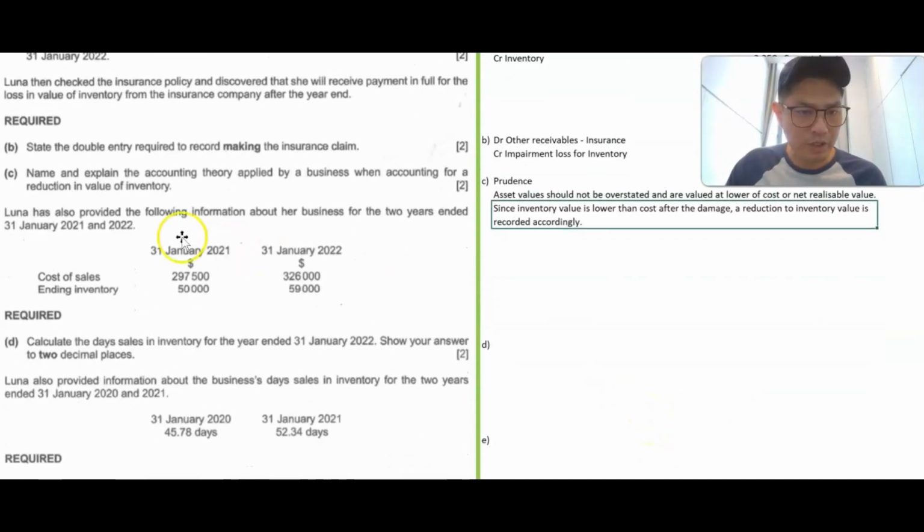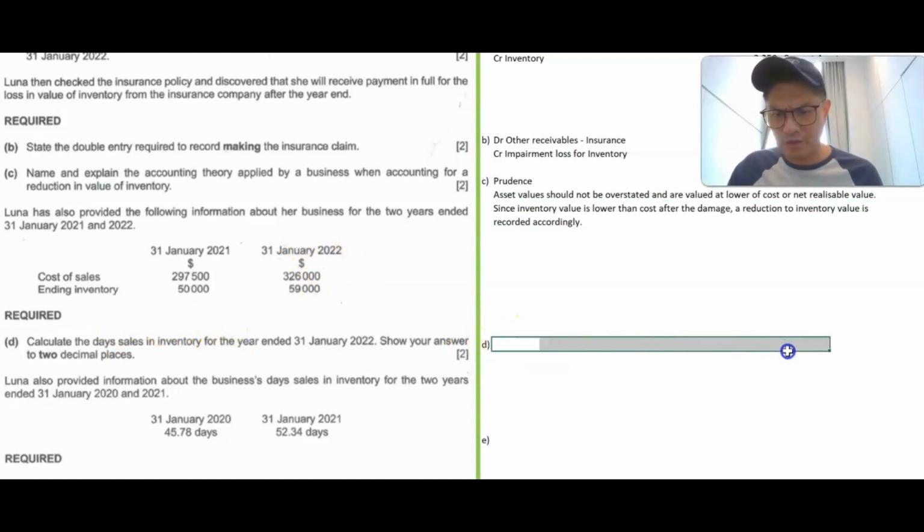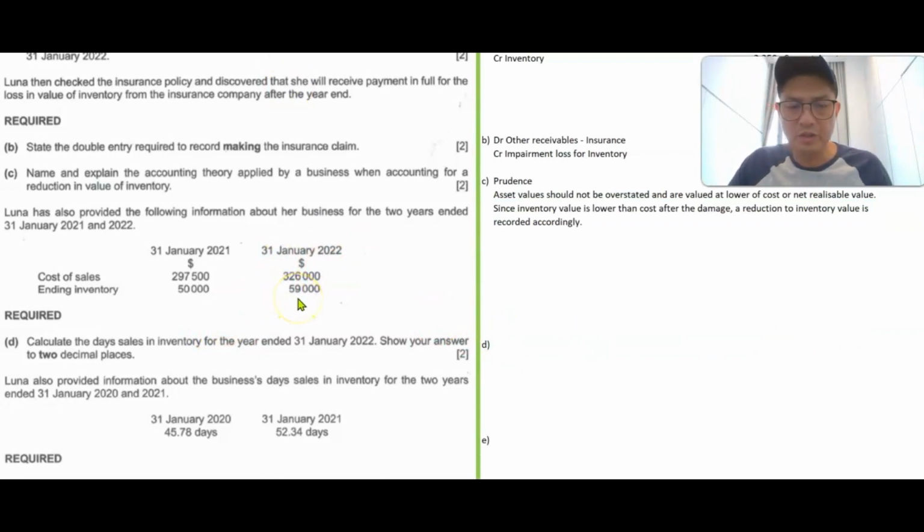Now, the next part of the question tells you some information about cost of sales and ending inventory, and tells you to calculate the days sales in inventory for the year ended 31st January. So what is days sales of inventory? Days sales of inventory would ultimately give you a number that tells you it's 30 days